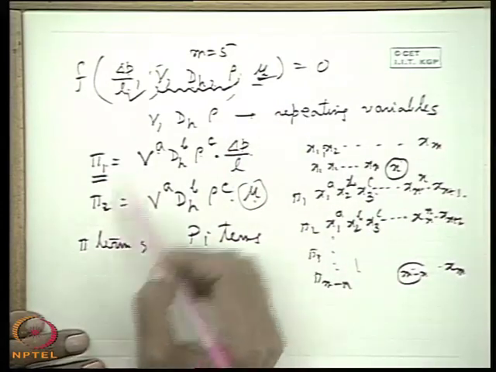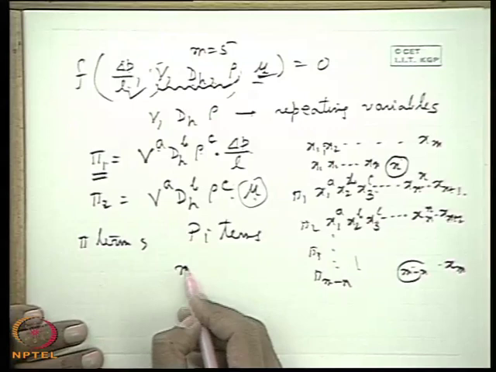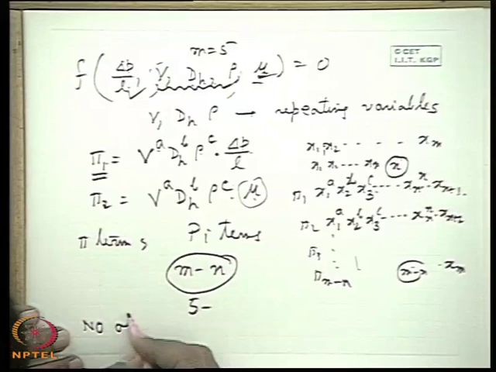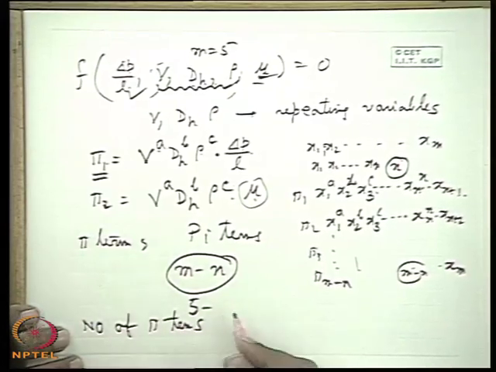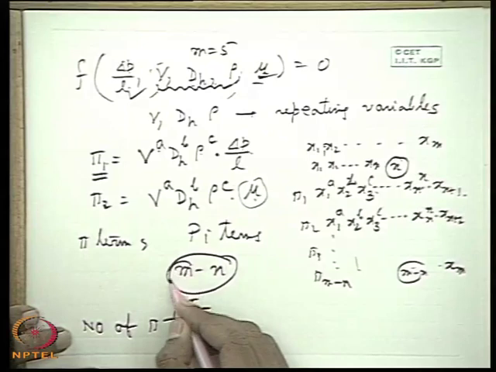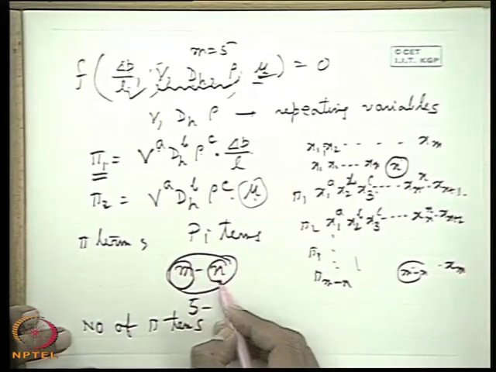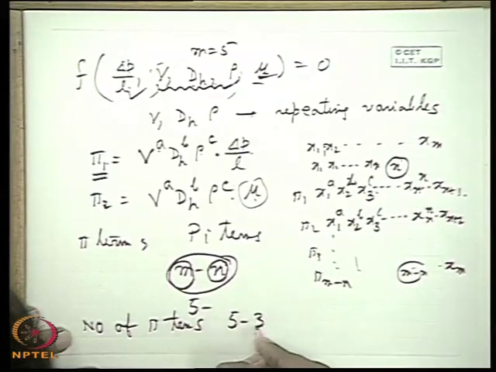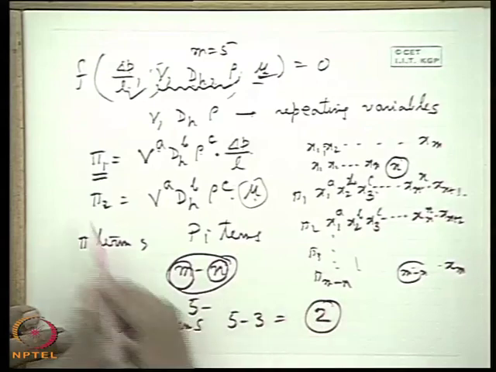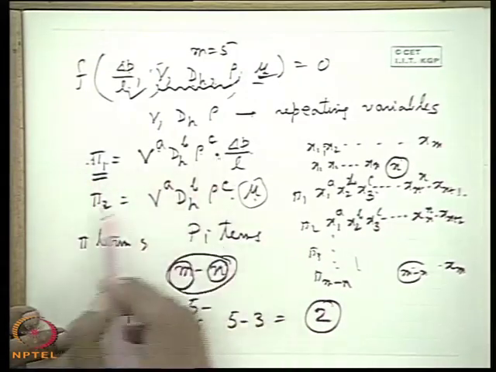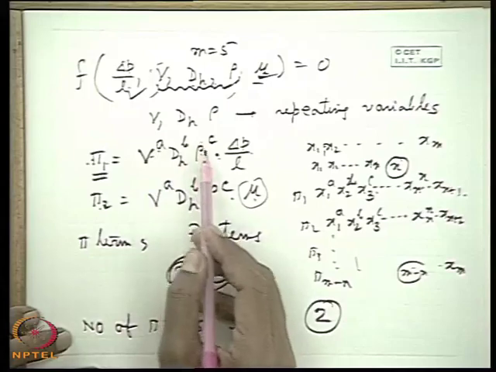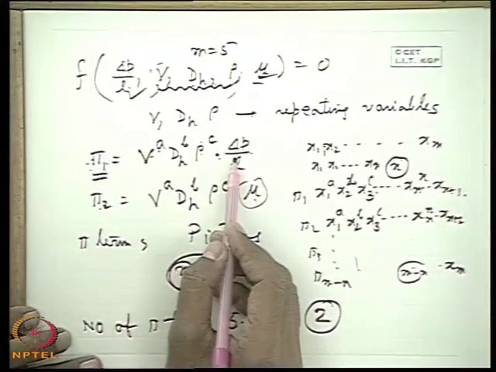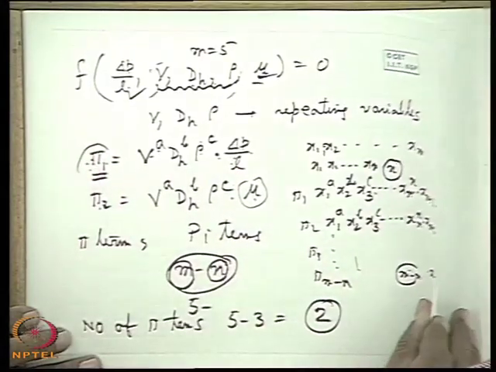So here there will be 2 pi terms, because the Buckingham pi theorem tells us m minus n. The number of pi terms is fixed according to the Buckingham pi theorem. If m is the number of variables defining the problem, and n is the number of fundamental dimensions in which it is expressed, the number of pi terms is m minus n. So in this case 5 minus 3, 2 pi terms, already decided. How to find the 2 pi terms? Pi 1 is this, pi 2 is this. But we have to know the values of A, B, C to find pi 1 and pi 2 explicitly. This is done by equating the fundamental dimensions, since this is a dimensionless term. Let us find out now.